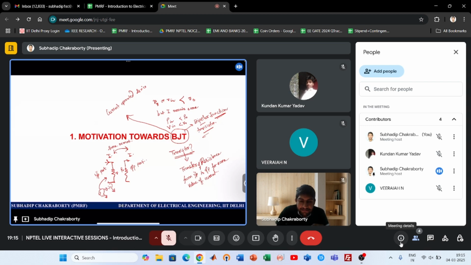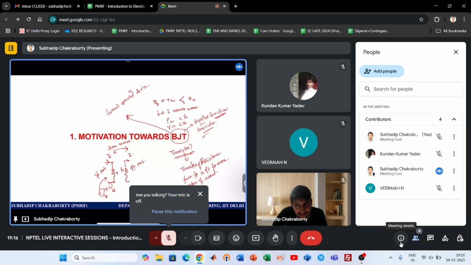But the input impedance or the input resistance of this bipolar junction transistor is very small. It is constructed in such a way. How? We'll see. And the output resistance of this device, which is known as the bipolar junction transistor, is significantly large. But it is designed in such a way that the input current and output current are almost same. So remember these things, very important, right? It is designed in its normal condition to operate in such a way that the input and output current are same. However, the transfer of resistance